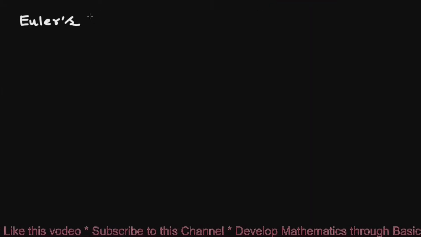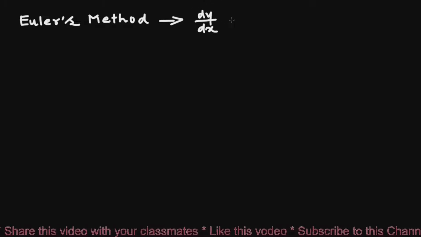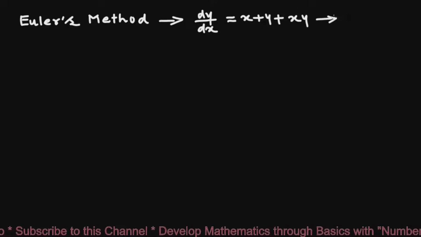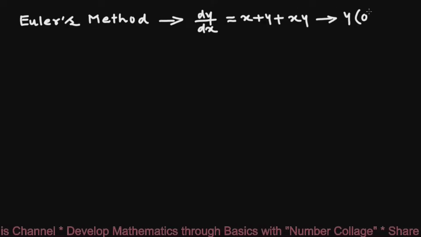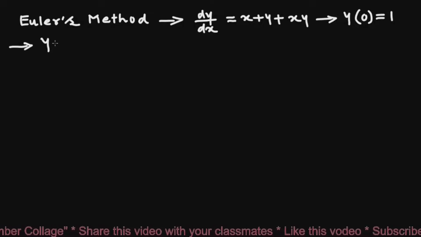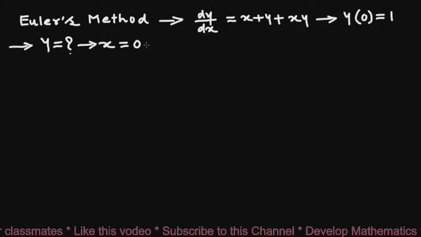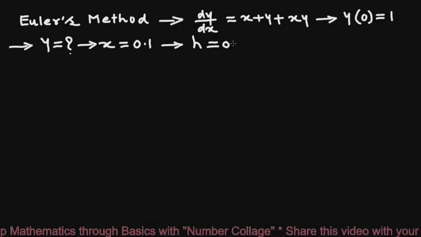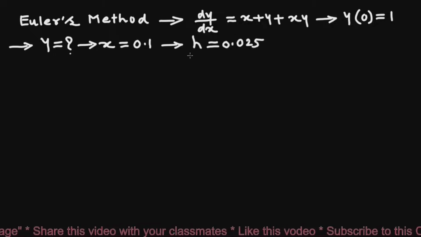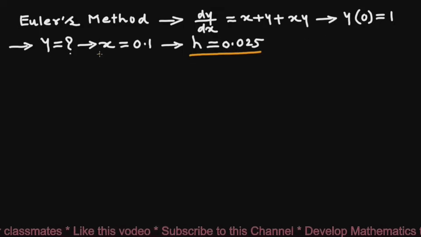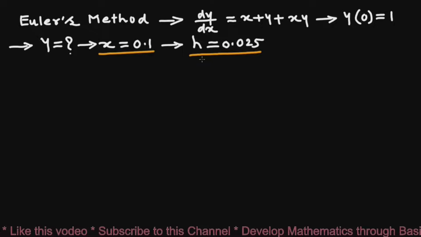In the next problem, we have to use Euler's method to solve dy by dx equals x plus y plus xy. It is given that value of y at x equals 0 is 1. We have to find the value of y at x equals 0.1, and we have to take step size h equals 0.025. Since the step size is 0.025 and we have to find value of y at x equals 0.1, we